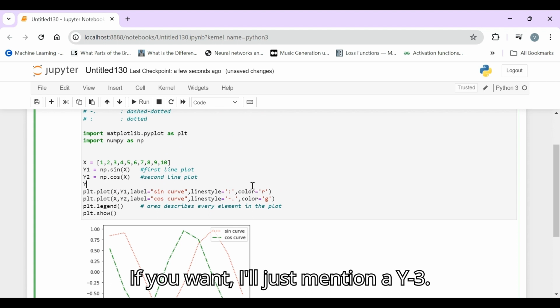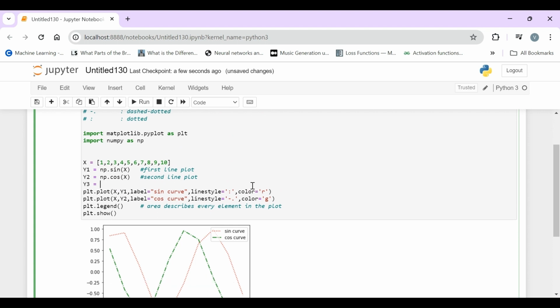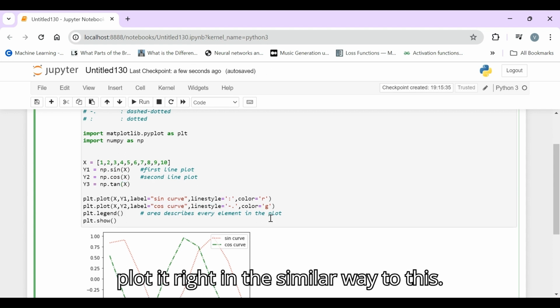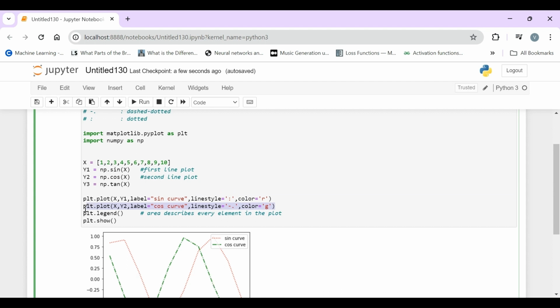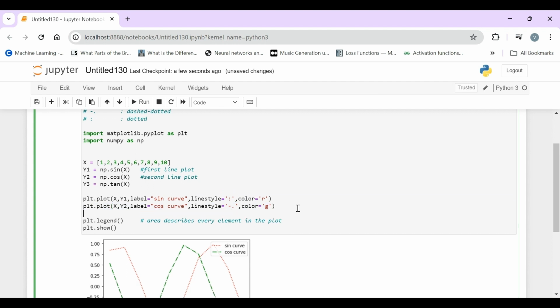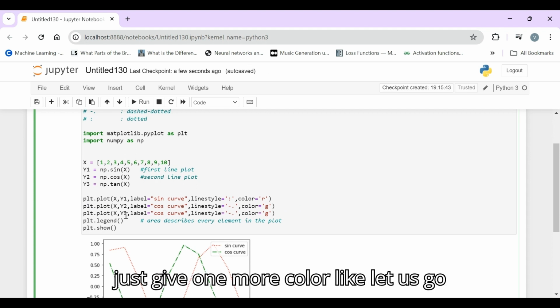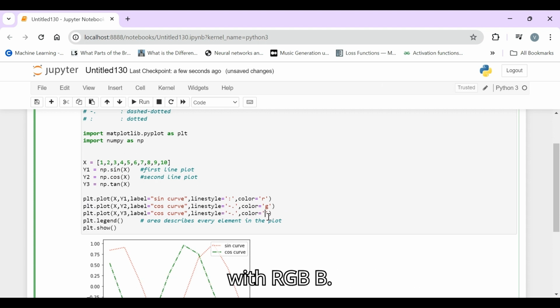I'll just mention y3 equal to something like np dot tan of x, and then we need to plot it in a similar way. So I'm just giving y3. I'll give one more color, let us go with RGB, B.